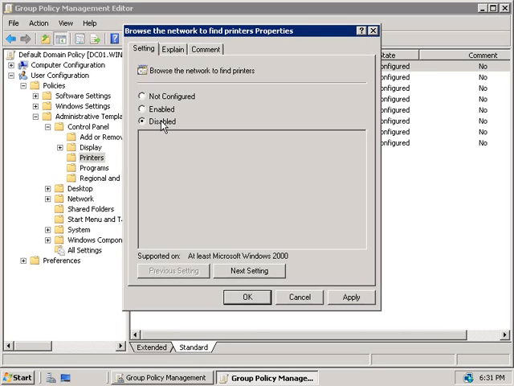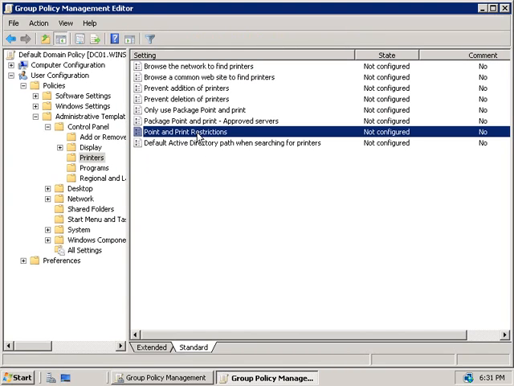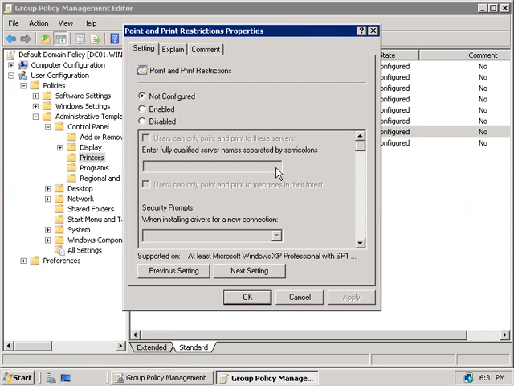list of network printers. Now, the next policy that we'll look at are Point and Print Restrictions policy, which again is also not configured by default. In fact, all of them are set to not configured by default. But this policy lets us define which print servers the users applying this policy are able to connect to. So if we go and enable this policy, we can enter in the name of the servers in this box here. So for example, we could enter in